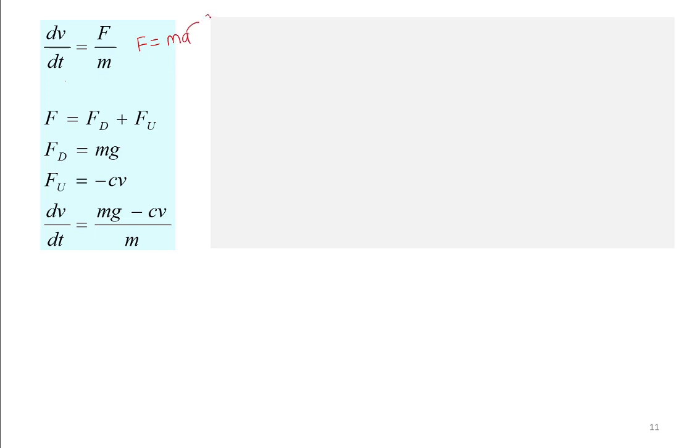And a is nothing but the change in the velocity with respect to time. So this is nothing but dV by dt. So then I put it like this. Then I can now substitute this and I will get this equation. This equation is called what kind of an equation? It is an analytical equation. So what is the difficulty to get this?